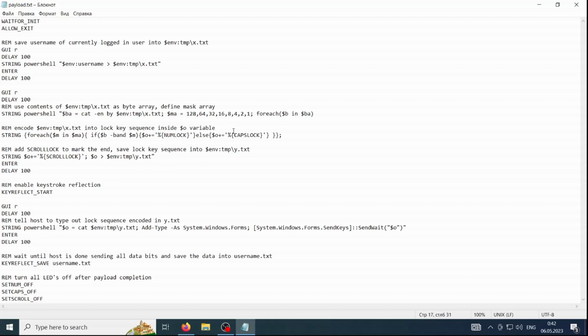At the end of the sequence, add a final scroll lock request and save it into another temporary file called y.txt and press enter. At this point we are actually ready to send the sequence, so we tell the device to start keystroke reflection. It will now expect the toggle sequence. We bring the Windows machine online again and send the final third PowerShell command to actually read the data from y.txt, which has this long sequence of numlock and caps lock toggles, and a final scroll lock to end the sequence,